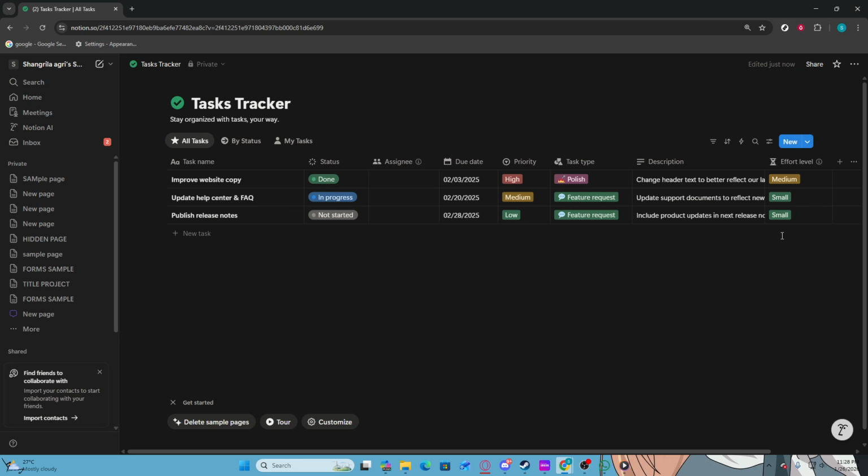To freeze a specific column, find the task name you wish to focus on and click on it to open its settings. After selecting the task name, locate the freeze option in the drop-down menu. Clicking this will activate the freeze column feature, which allows you to keep that column visible while scrolling through other